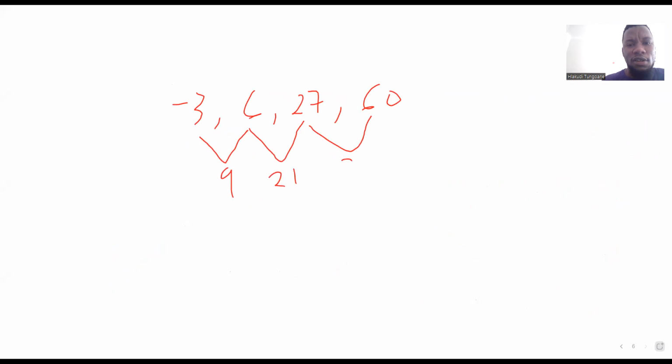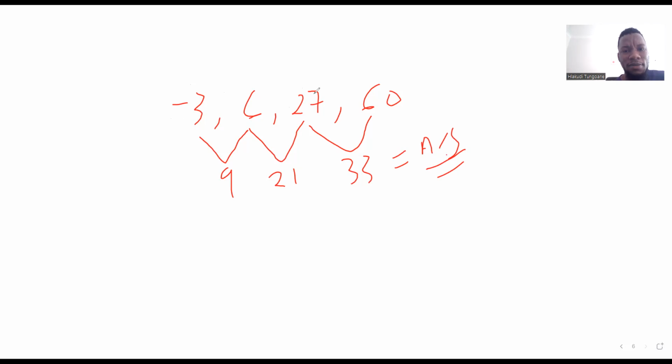That sequence is -3, 6, 27, then 60, and then the first differences are 9, 21, 33. And we know that these differences form an arithmetic sequence. Okay, so let's look at this. For us to move from -3